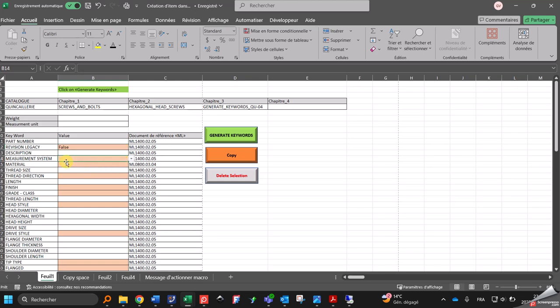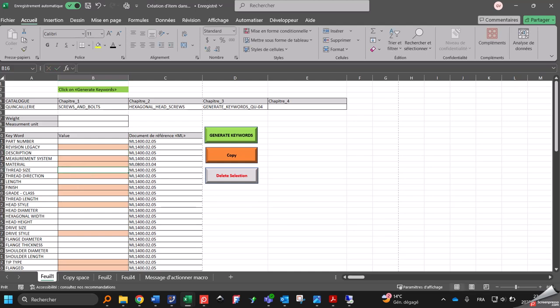For example, all these orange cells are drop-down menus, so the person will be able to follow the values authorized by the company. And when it's a text field, for example a description field, the person will simply type the description